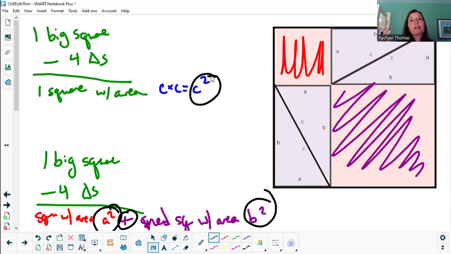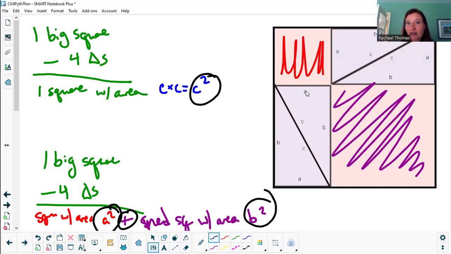This is one classic proof that the Pythagorean theorem is true. There are lots and lots of proofs. In fact, there was a US president, James A. Garfield, who actually constructed a proof of the Pythagorean theorem way back in the day. Some of them are algebraic, some of the proofs are numeric, some of them, like this one, are visual or geometric, but there are lots of ways that we can convince ourselves that if I have a right triangle and